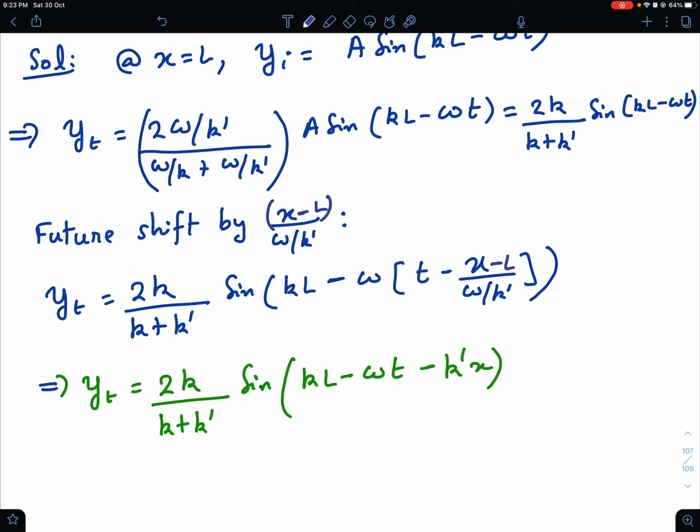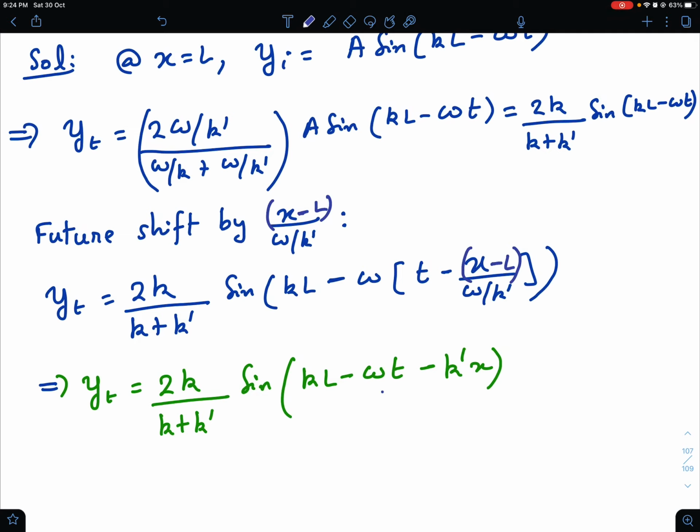So now if I expand this, what do I get? So kL minus omega t is fine, and this k prime will go to the top and omega will cancel with omega, so minus k prime x also you will get. There is minus omega t,